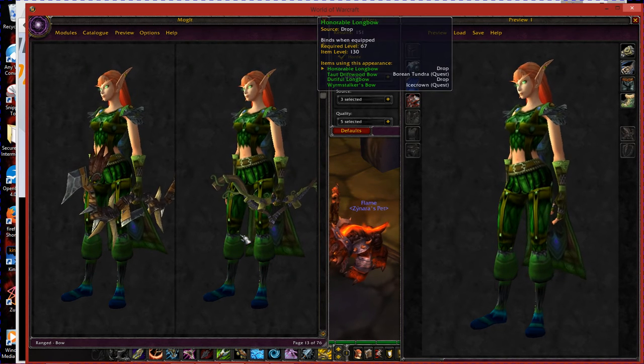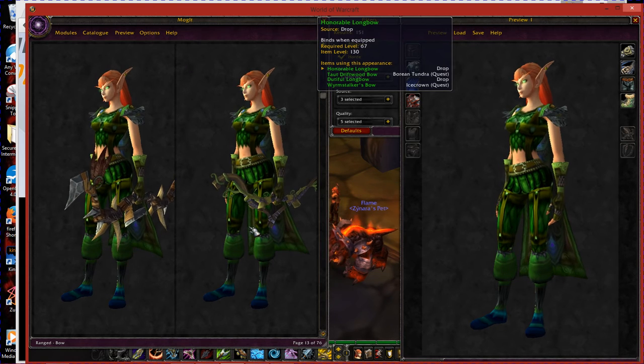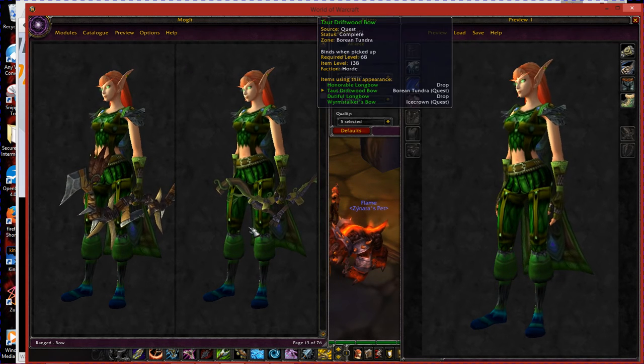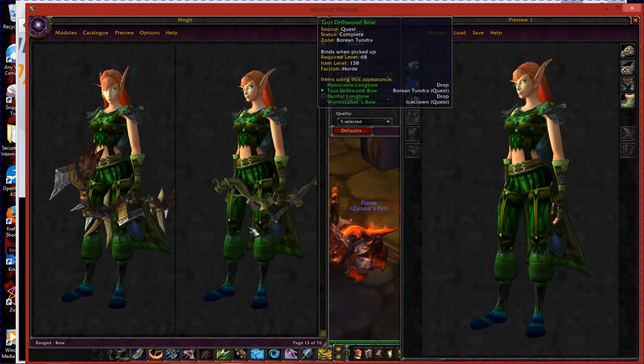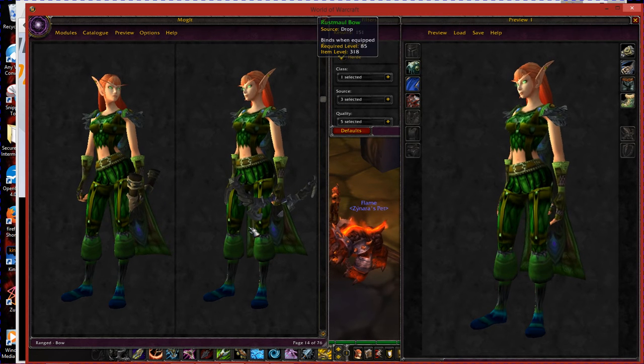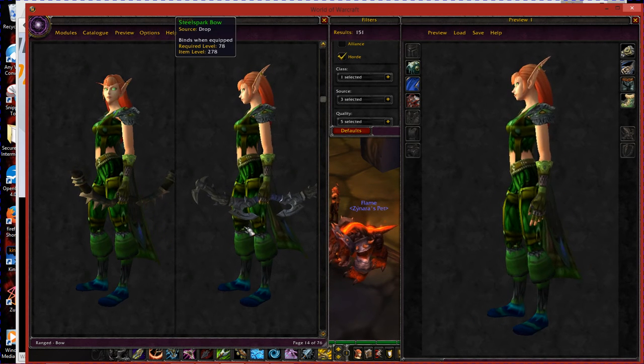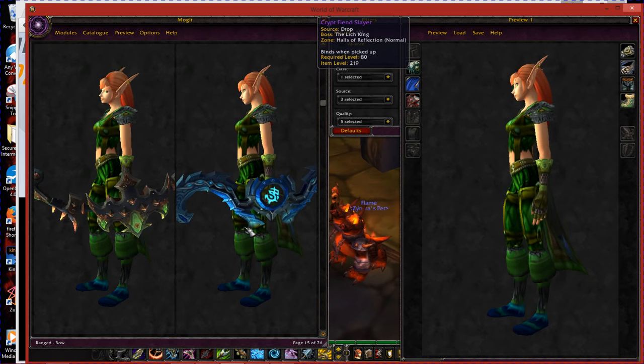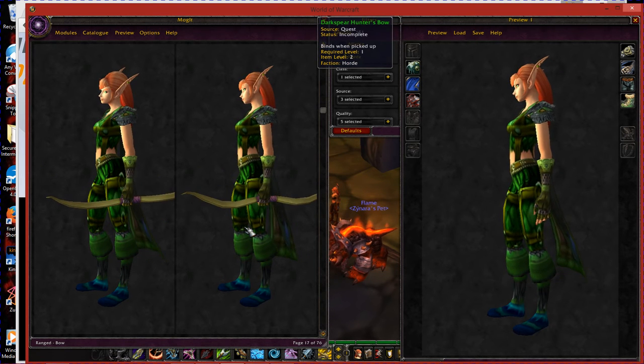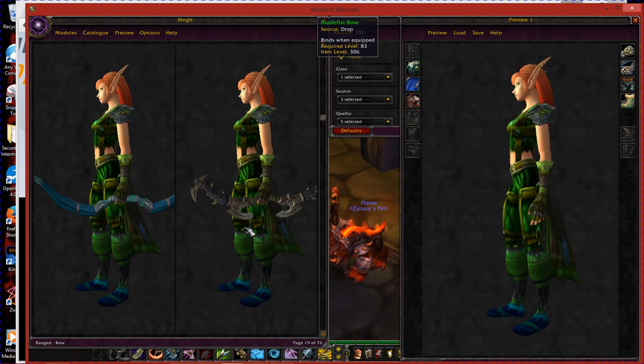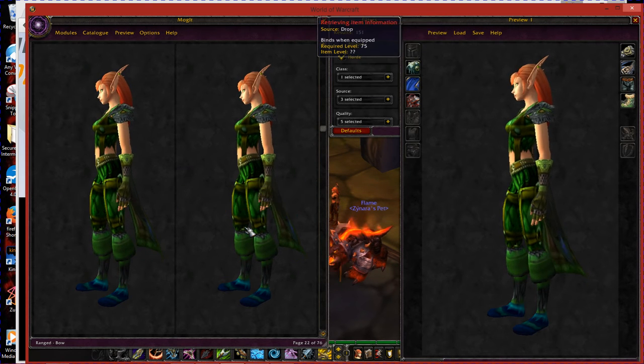Let's see here. I do have this bow. The reason why it does not show, I actually have the taut driftwood bow. Why does it not show? Again, because it is in void storage. But I happen to know what I have. Yeah, I'm not finding anything that really...